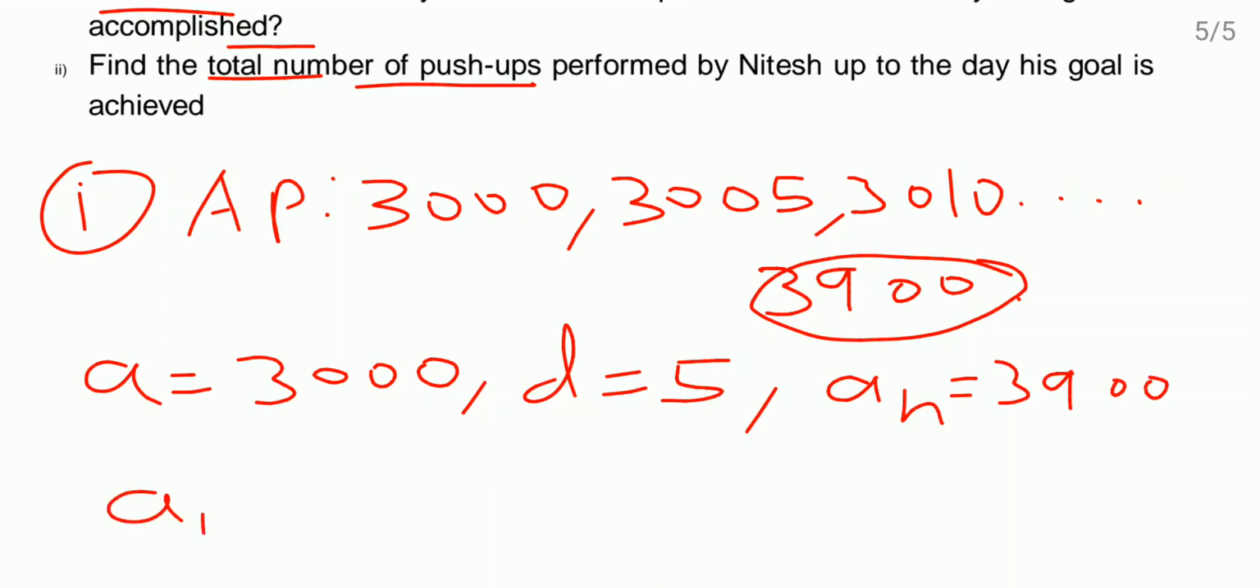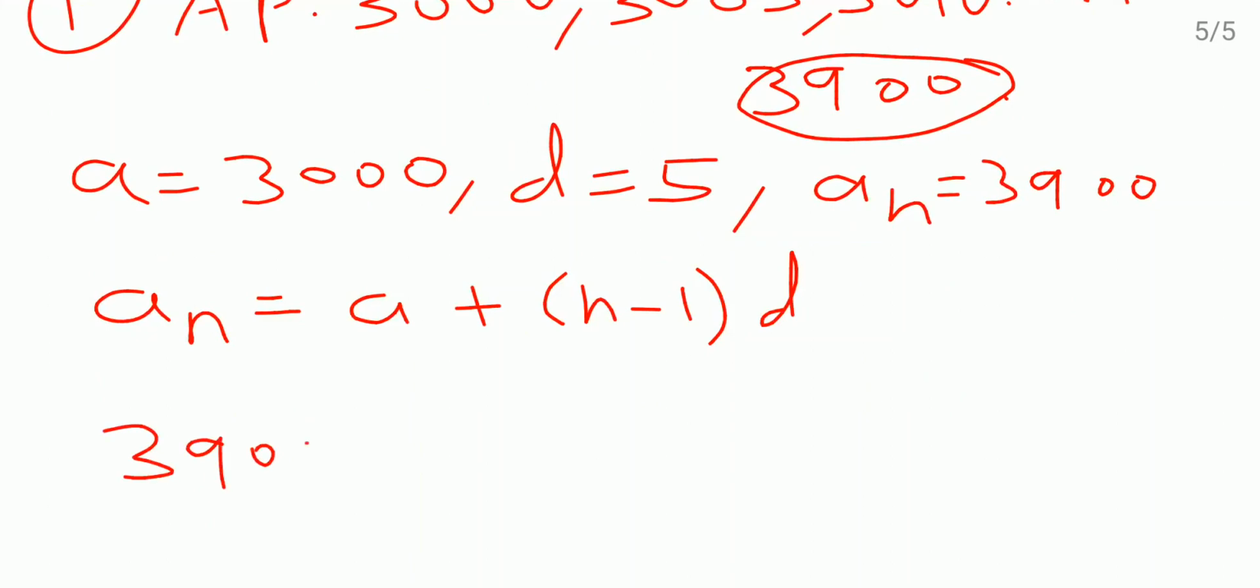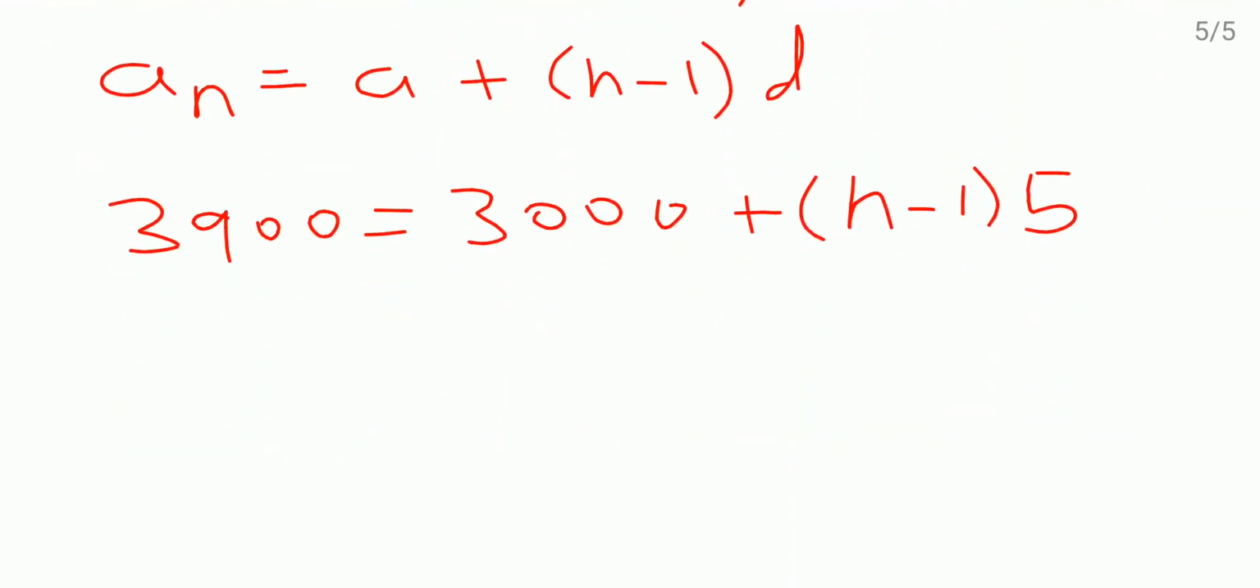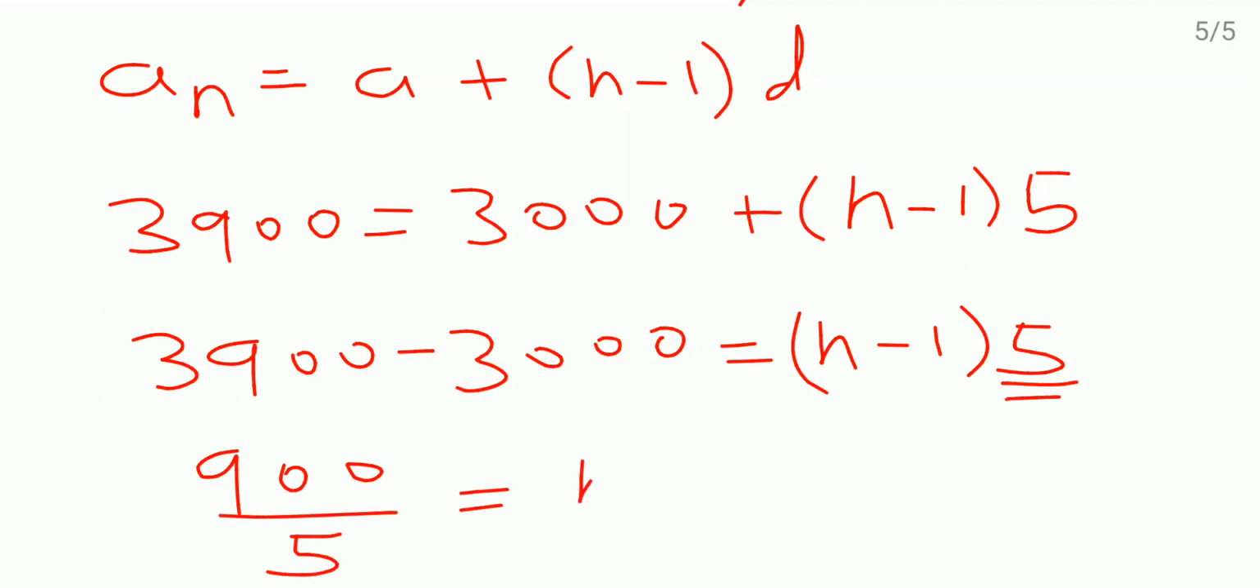So here I'll write down the formula for the nth term. What we need to find out? n. Okay. So a plus (n minus 1) into d. The nth term we know, the first term we know, 3000, n as it is minus 1, and d is what? 5. Okay, we'll send 3000 to that side. So 3900 minus 3000 is equal to (n minus 1) into 5. So 900 comes here. This 5 which is multiplying here will come here to divide. So n minus 1